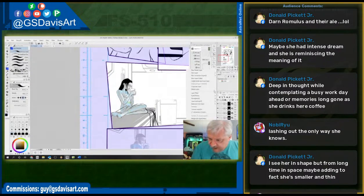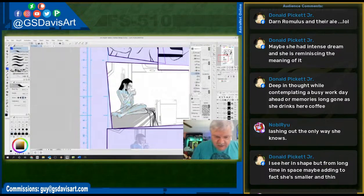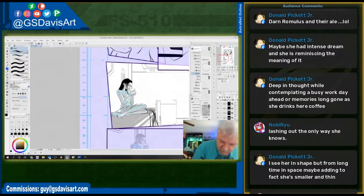So we're going to duplicate this layer. And all we're going to keep from this layer is the cup. Okay, so we're going to turn that off. And the reason is because we need to be able to take,